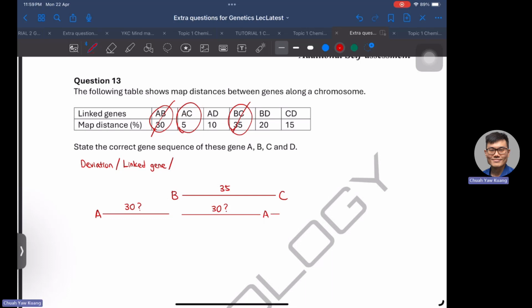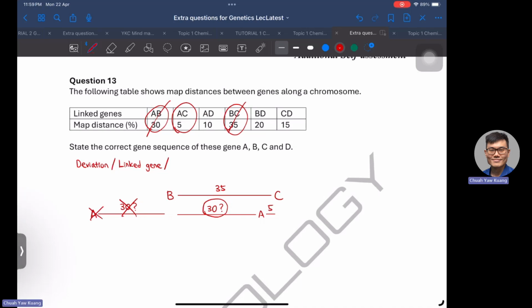So it's only 5 map distance. With that, we can confirm that the A is towards the right side of the B. And this is wrong. So this is not A. Once we have confirmed the B, A, and C sequence, then next we have to look